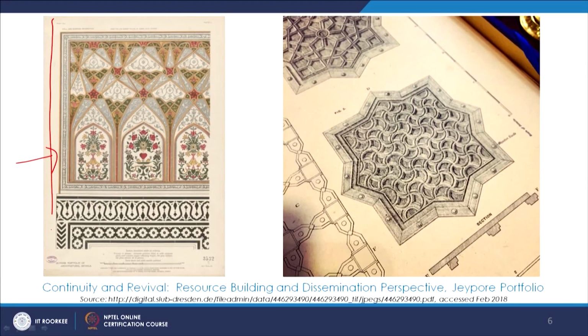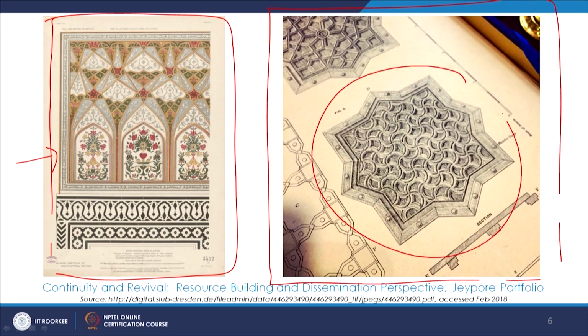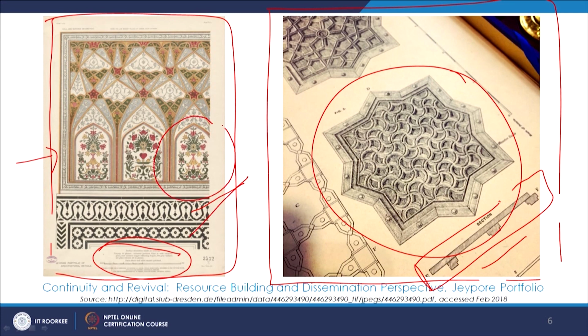resource. So here what we see is an amazing piece of resource building and dissemination, and we see the sort of intricate details, and there is also plan, and there is also everything on scale, and here one could read all the details, the motifs and the elaborate zoom in details, what are the motifs and what is the geometry that is seen over here and what is the scale.